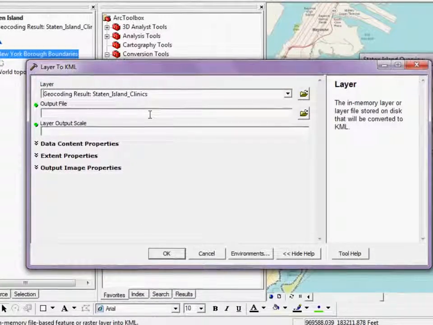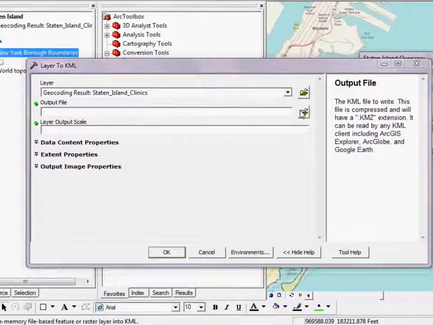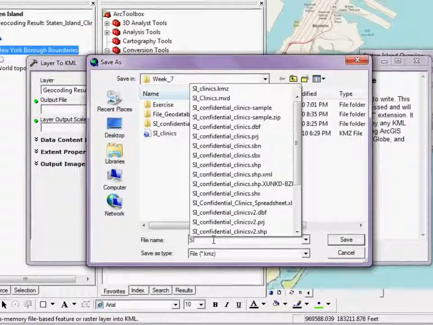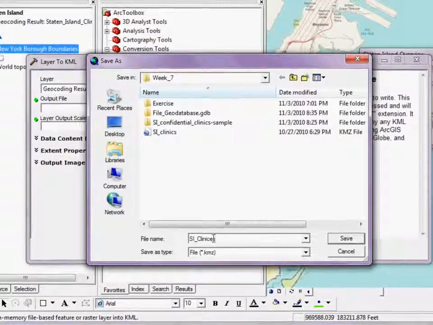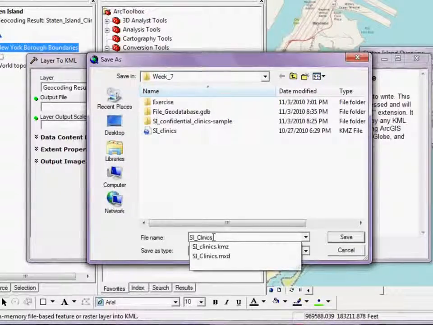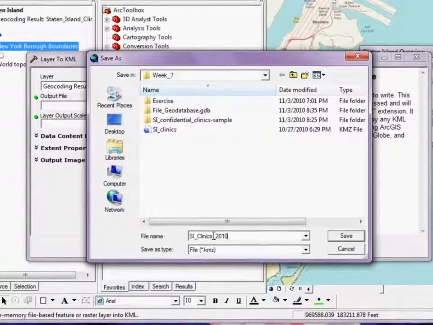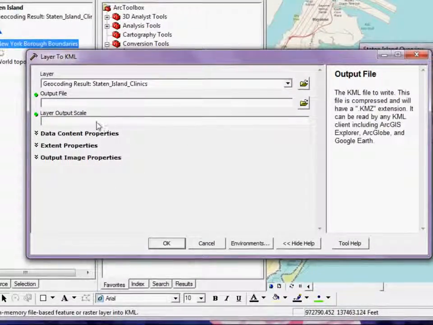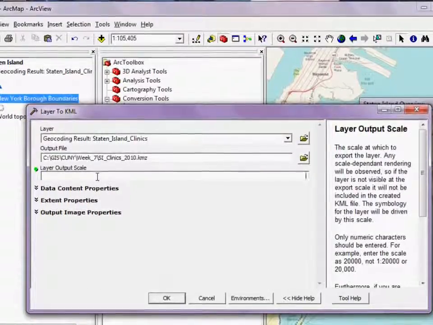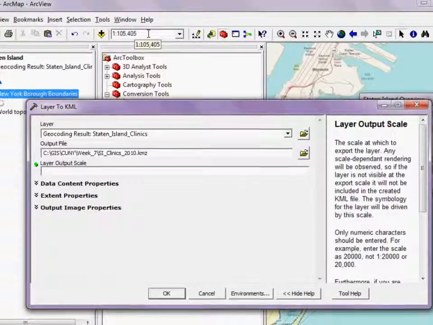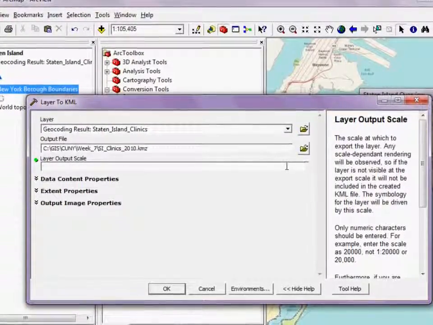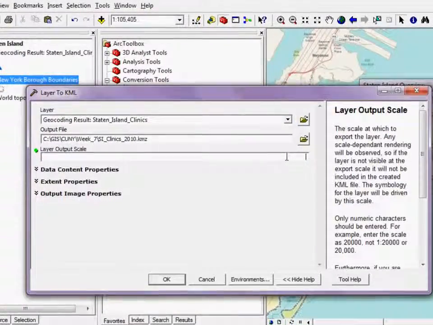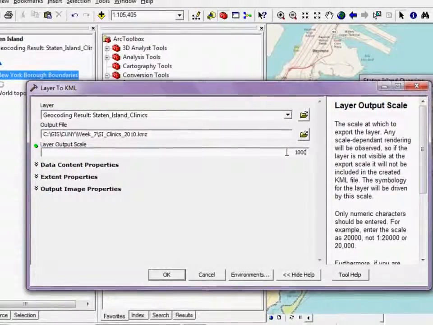So I select them. As for the output file, I just need to browse somewhere on my machine and give them a new name. In this case, maybe a date stamp. Click Save. And then finally, I have to give it a layer output scale. What I like to do in this case is just put something that is close to my existing map scale. So my map scale is reading at about 100,000, so I'm going to type 100,000 in this box